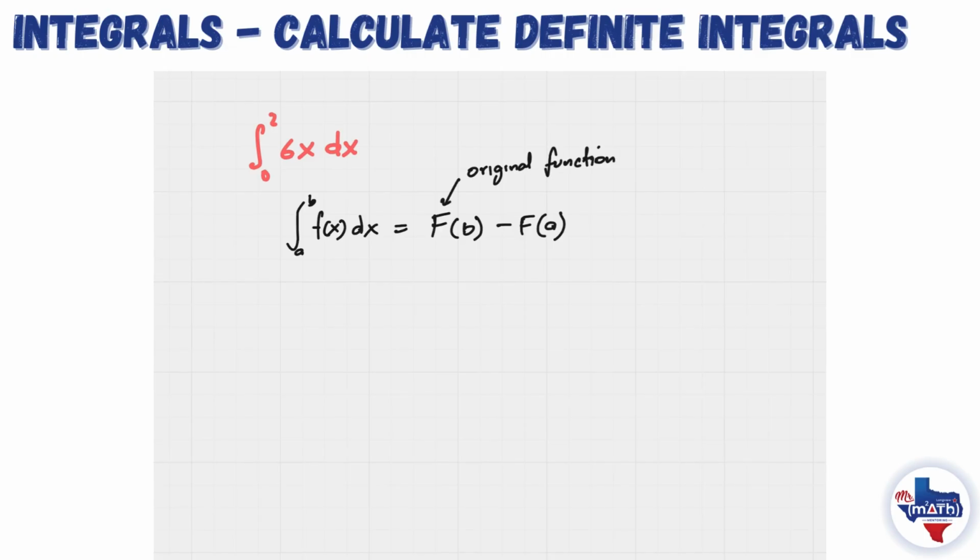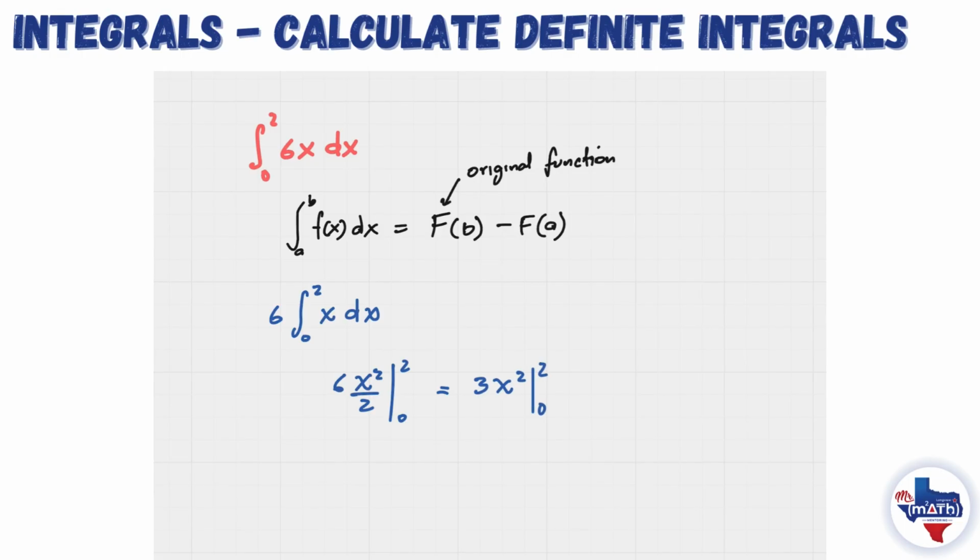Okay, so for 6x it is quite simple. What we're going to do is have 6 times the integral from 0 to 2 of x dx, and this will be equal to 6x squared over 2. We don't need a constant of integration here, and this will be evaluated from 0 to 2. This is equivalent to 3x squared, because 6 and 2 will cancel out, and this will be evaluated from